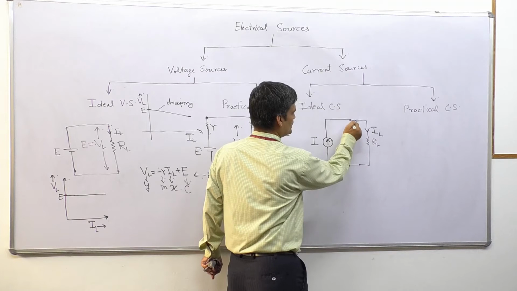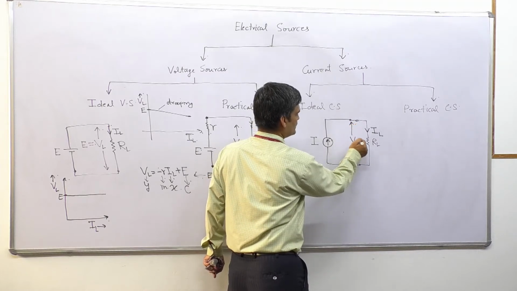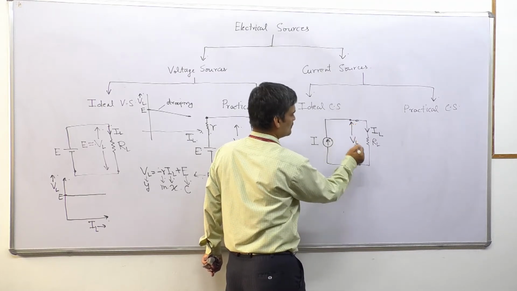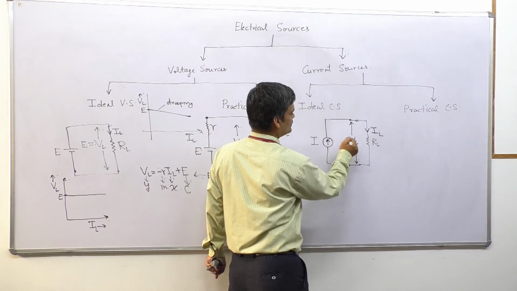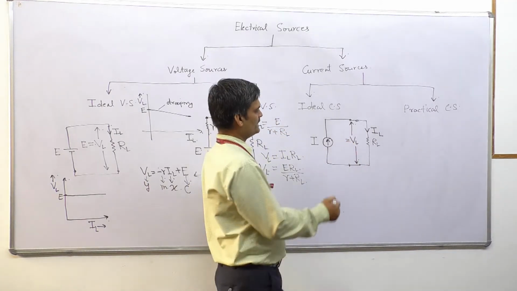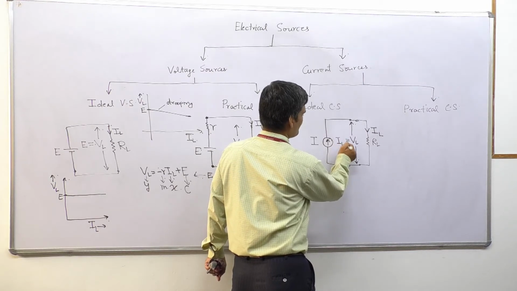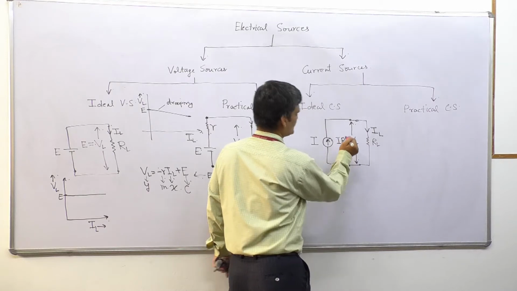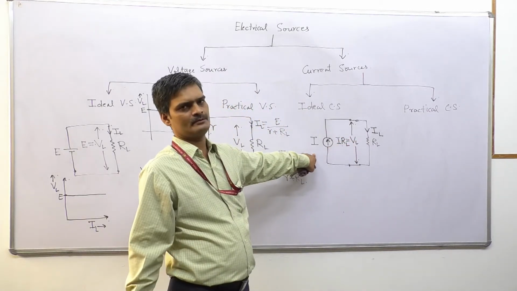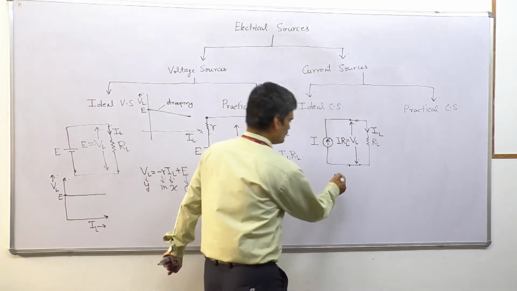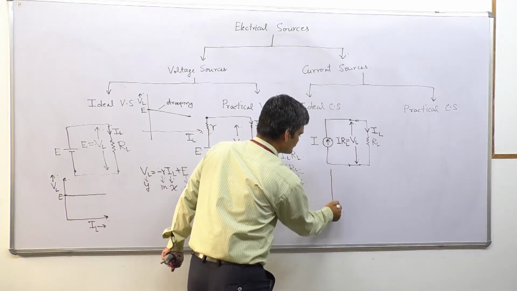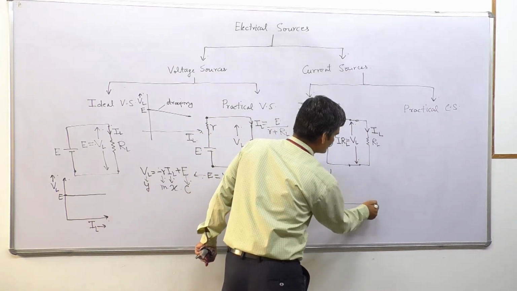So what is the value of load voltage VL? VL is always equal to I into R, and I is the constant value. So for a current source,